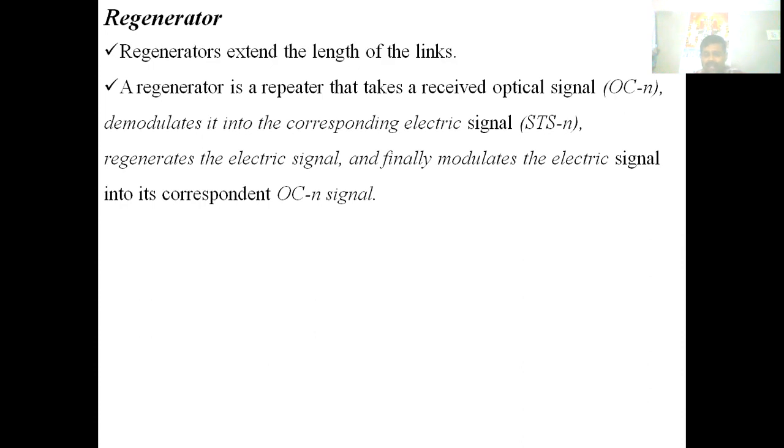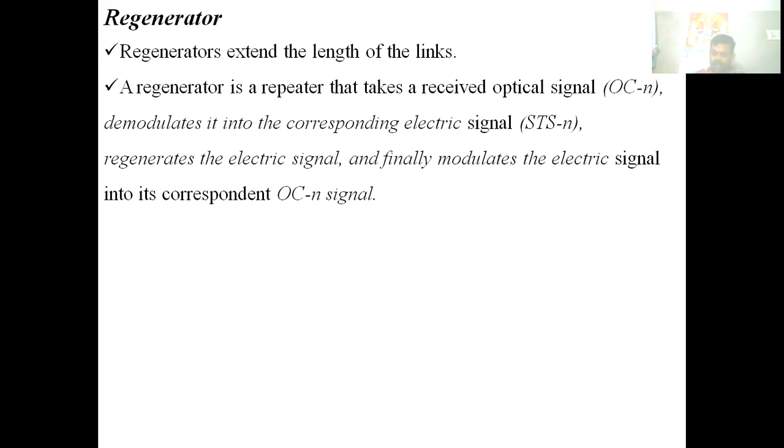Actually regenerator is nothing but a repeater. First it will take the optical signal, demodulate it, and convert it into electrical signal, and it regenerates the electrical signal. Then it will again modulate the electrical signal and convert it into optical signal.